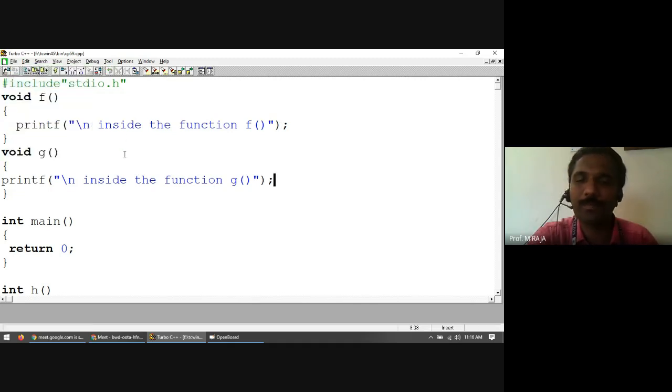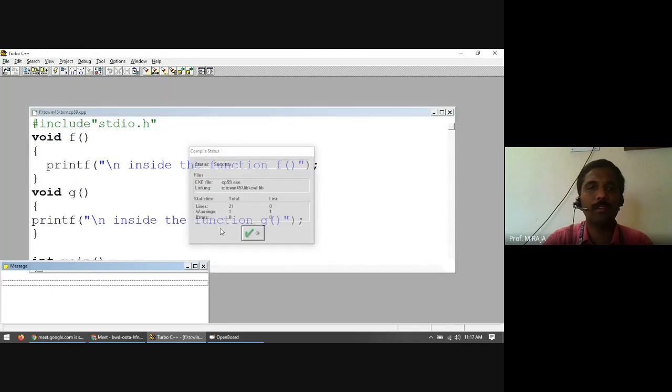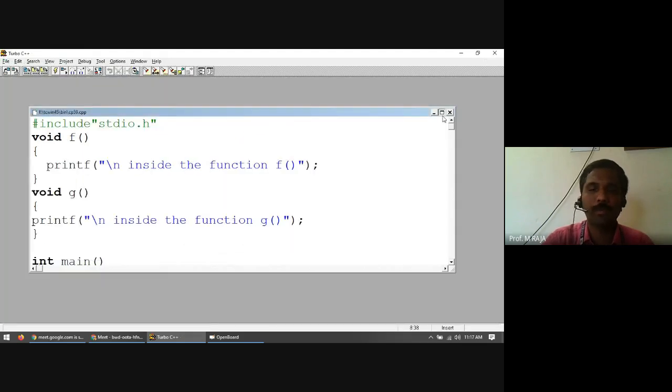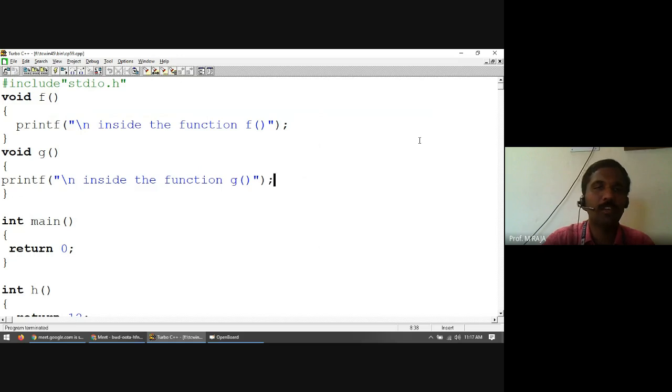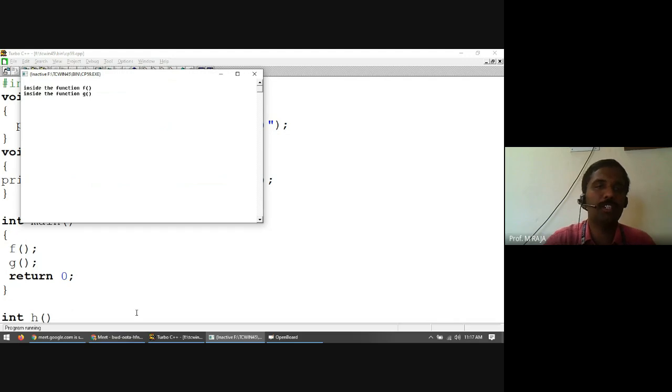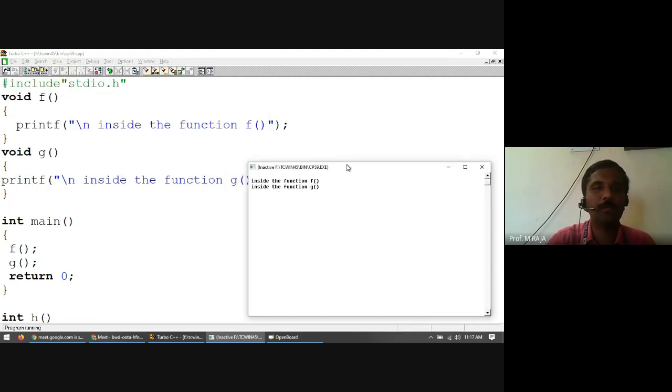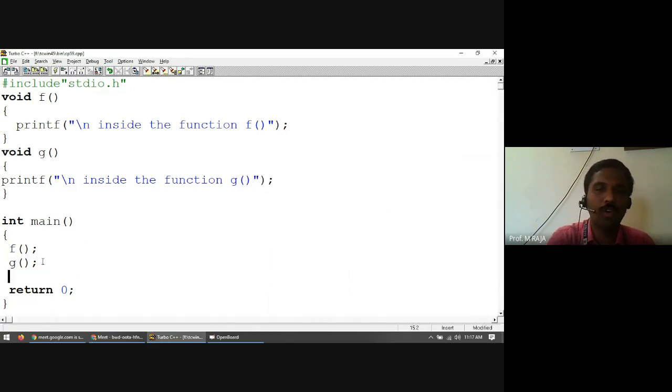Pressing F9. Fine. The program has been compiled. Control F9. We can't expect any output because in the main function, no executable statement is there. In case we call f, then at Control F9 stage we get "inside the function f", "inside the function g", because the functions f and g are called. h has not yet been called, so to call h,